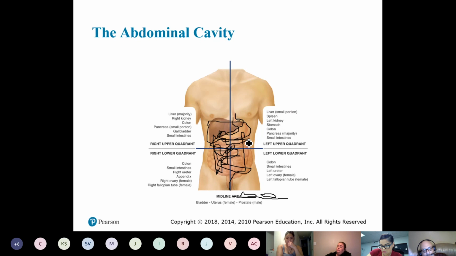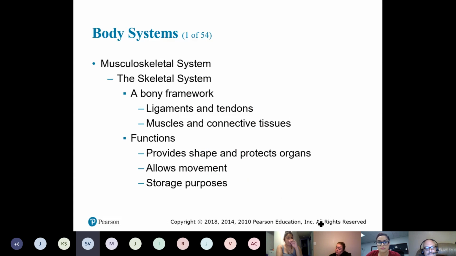Okay. All right. You see midline bladder, uterus. Uh-huh. Is the heart considered a hollow organ? Kind of, but we don't really refer to it as a hollow organ. The heart is the heart. So we're worried, and when we talk about it on Friday, we'll learn why it's a special, unique structure organ. All right.